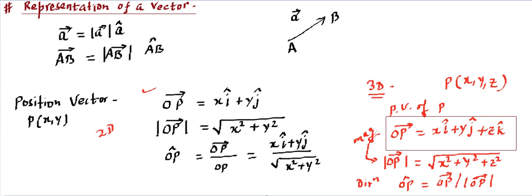Making sense? So we have talked about the representation in various ways. One was writing in this way. From this we can also write the direction. So this is also an important relation. This is going to be equal to a vector divided by magnitude of a. Here we have understood that we cannot write the magnitude of a vector as a vector divided by its direction, because the division rule is not valid.